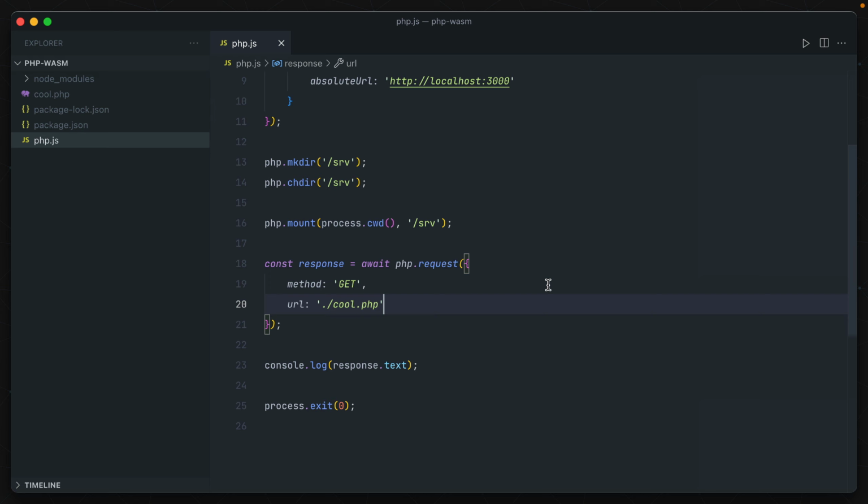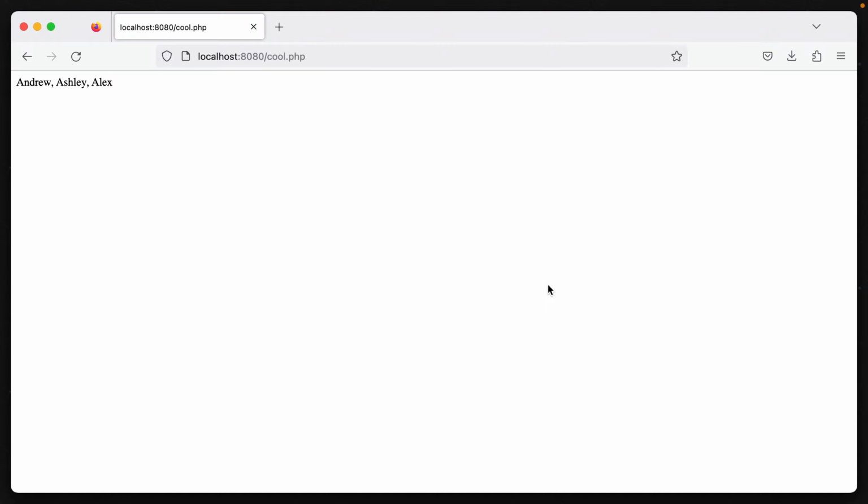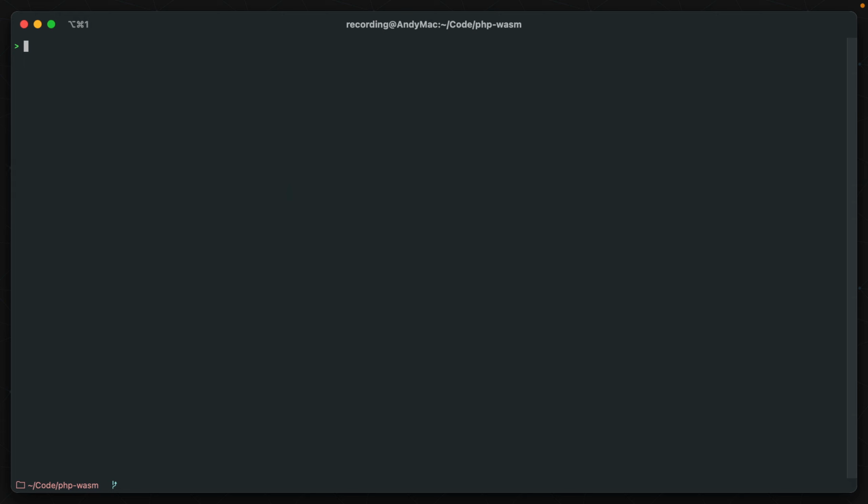But again, let's take this one step further in complexity. What if I could create a local dev environment using just JavaScript for PHP? PHP does come with its own built-in server. If I run PHP with the capital S option, I can specify my localhost IP address and then a port added onto it, so port 8080, and it'll start a development server at 8080. Then if I go to my browser at that cool.php file I had created, it shows the output here, and in the terminal, I can see the file was retrieved and the output was returned back before closing that thread. And so yeah, I wanted to know if I could replicate this